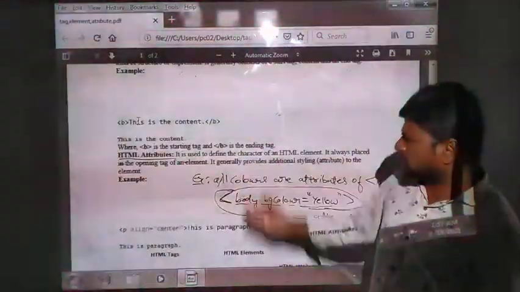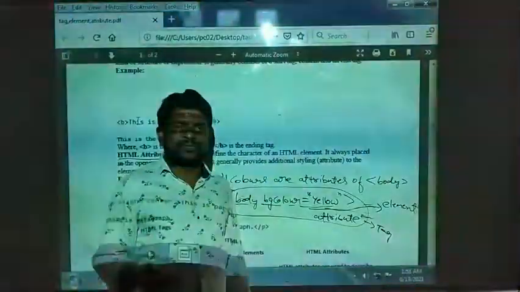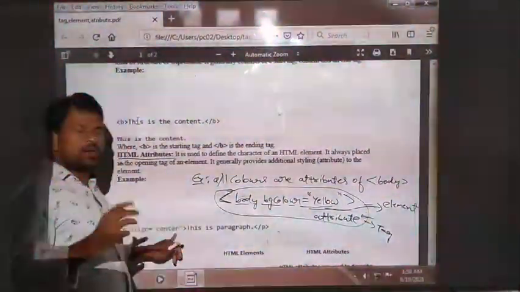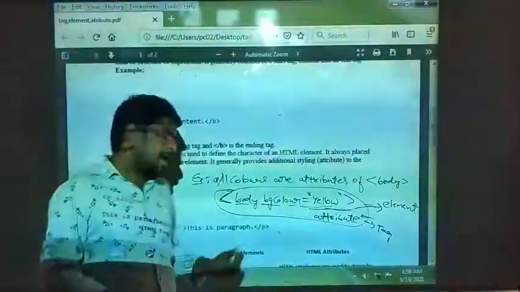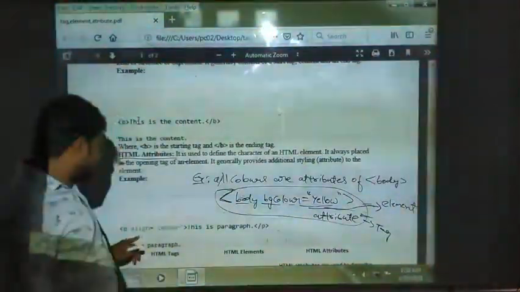You can observe one more tag here for attributes. Here we are giving one paragraph. This is a paragraph tag. You will learn many tags in later classes. First observe the difference between them. Paragraph align is equal to center. Suppose you have typed one paragraph that you have to place on your web page. You have to decide whether it has to be placed on the left side, in the middle, or on the right side. That is align.